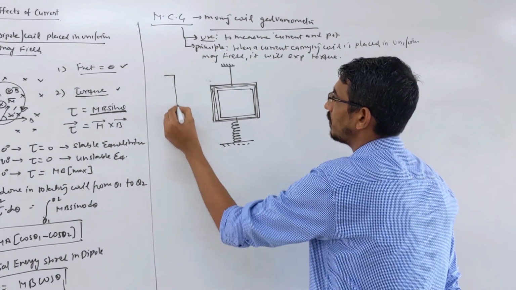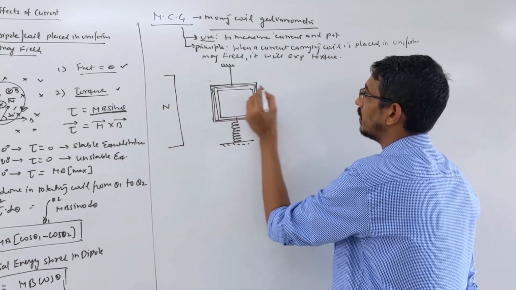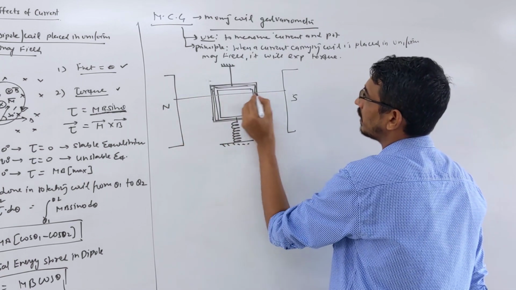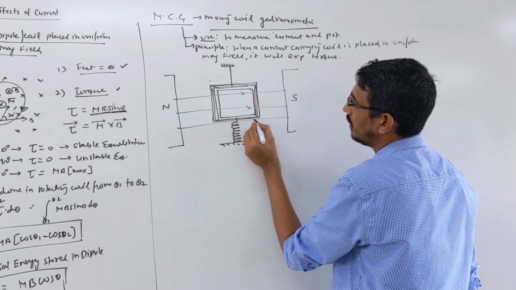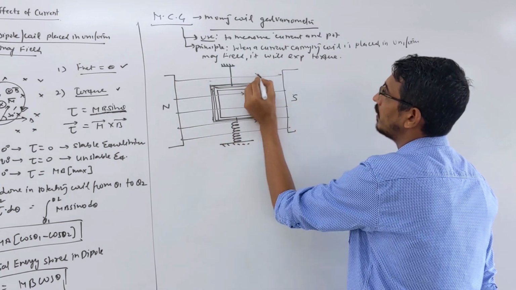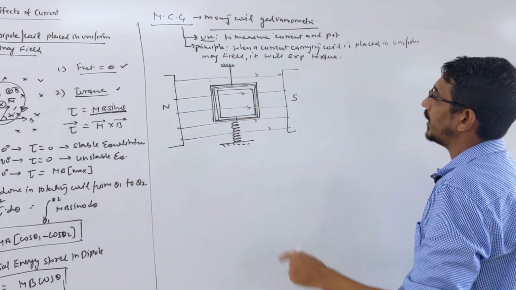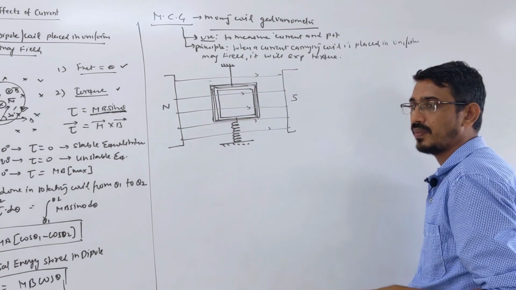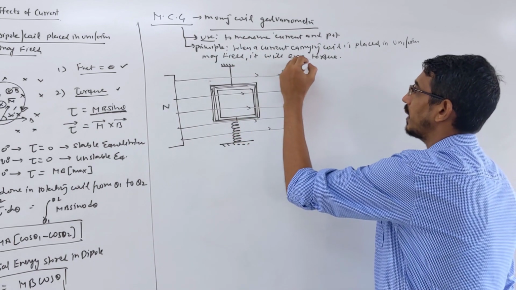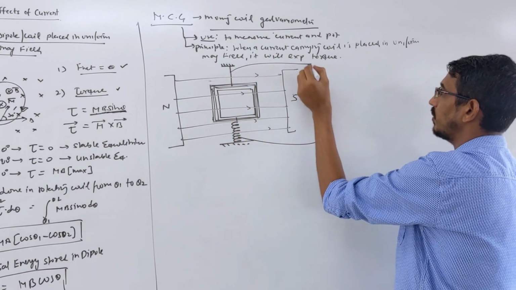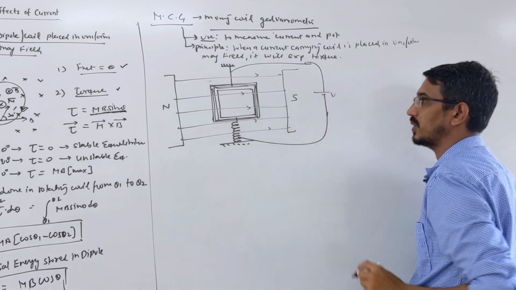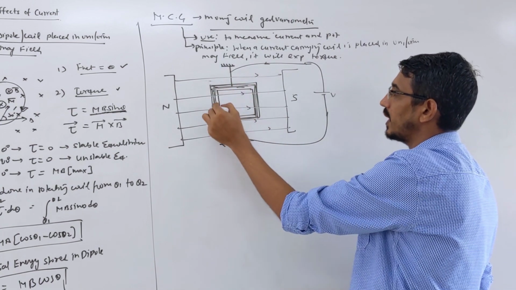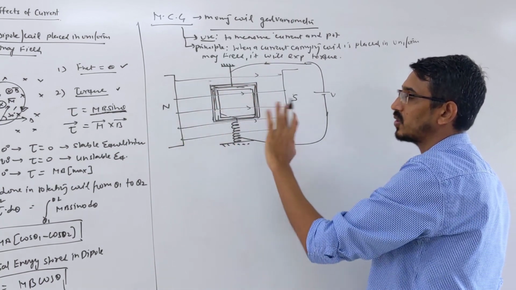Then what happens? We produce a uniform magnetic field perpendicular to this coil, with a north pole and south pole, some permanent magnet or electromagnet. Generally we have a permanent magnet like this one. So this is your magnetic field. Now we have the magnetic field and the coil, and we need current. The circuit where you want to measure current, you take one connection from here and one from here, and connect your circuit, like some battery or something, right? Now what happens when current starts flowing in this loop? This loop is placed inside a uniform magnetic field, so it will deflect.